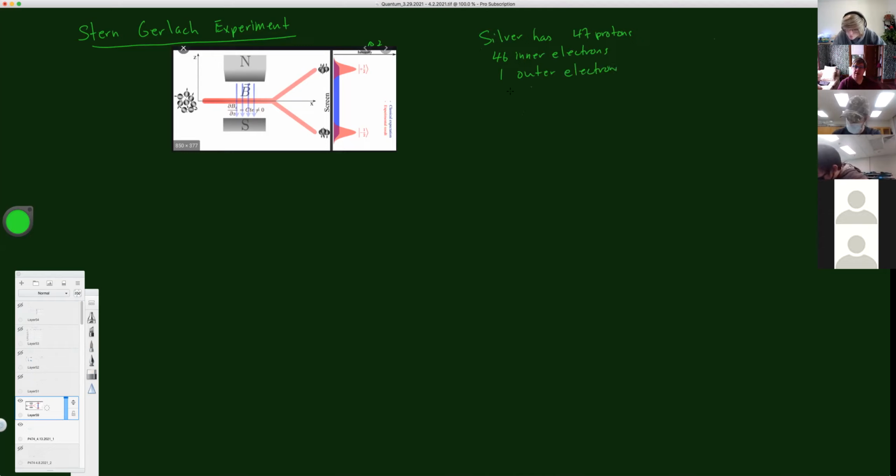And this 1 outer electron was what's causing this, right? It's causing the entire atom to be either in this pile or in this pile, okay? And because it's a magnetic field that's causing this split, people thought of it, and still do think of it, as a magnetic moment,